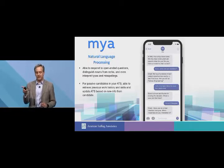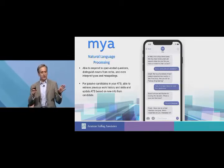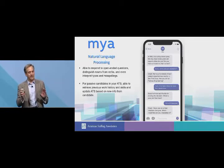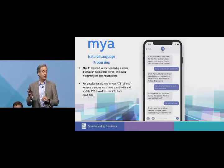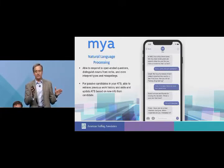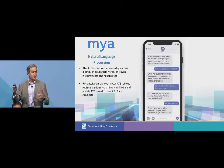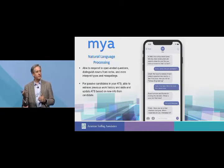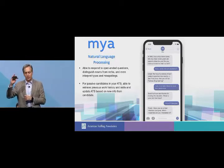Also, and this is really fascinating. Now, think about this. For passive candidates in your ATS, if you guys are like us, you perhaps have thousands of passive candidates in your ATS. We have hundreds of thousands, right? That many times you haven't contacted these candidates in 5 years, right? So in that span of 5 years, they may have gone to college, got a degree, obviously worked in different places, acquired different skills. How do you know, instead of going out to the job boards to recruit new candidates,